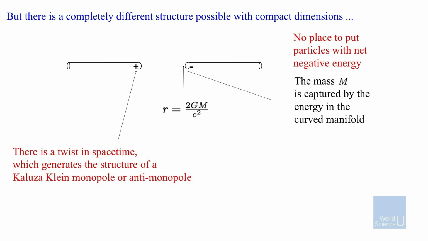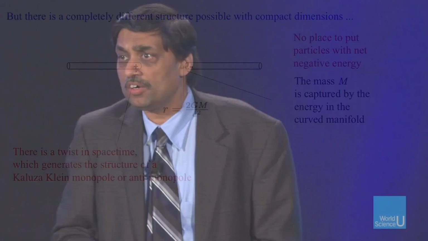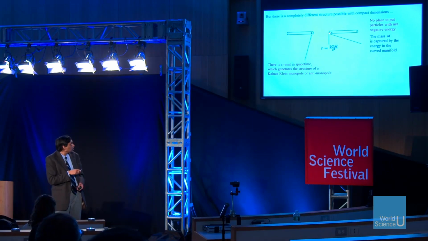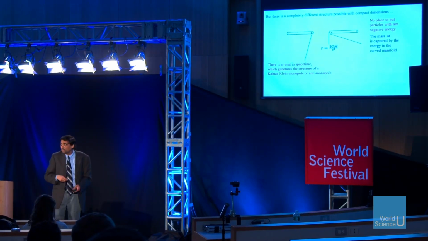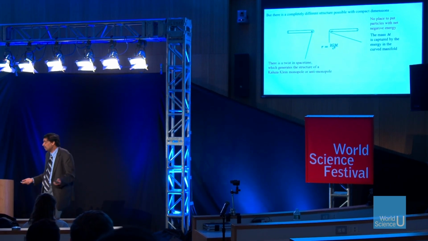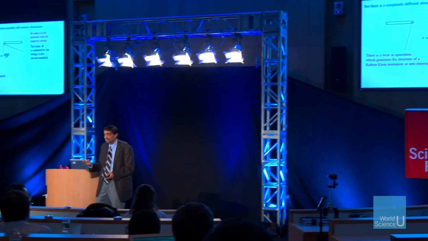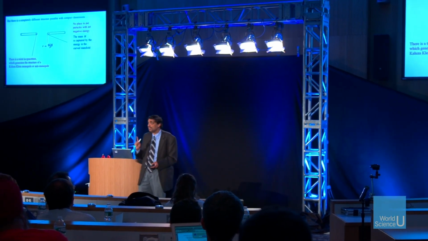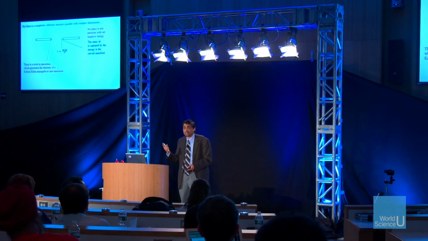Because you take this edge, you can close it off smoothly like a cigar with a cap, and you close this thing off with a cap. And now you can see you have a completely smooth space-time. If you come from this side, you don't fall off the edge. You come here and you go back here. And you come from here and you go back here. But there's no inside to fall into because there is no inside. This is a whole new topology. And you didn't have this possible topology if you didn't actually have this extra dimension.